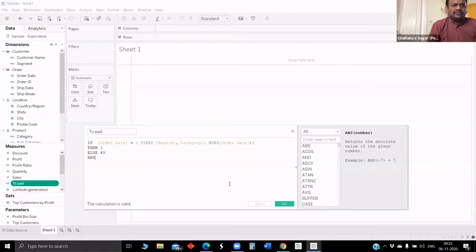That will be 1. For each category and region, whatever is the minimum, the first order date, it will be 1. For everything else, it will be 49. Is that correct? Yeah, exactly. Okay, maybe you'll get back to how you're going to use it. Okay.